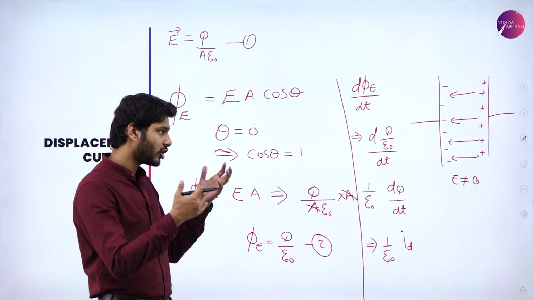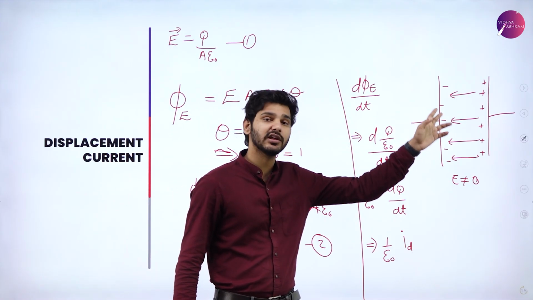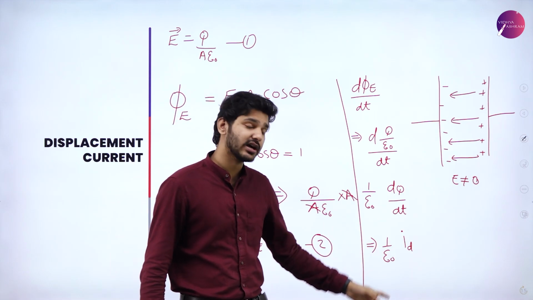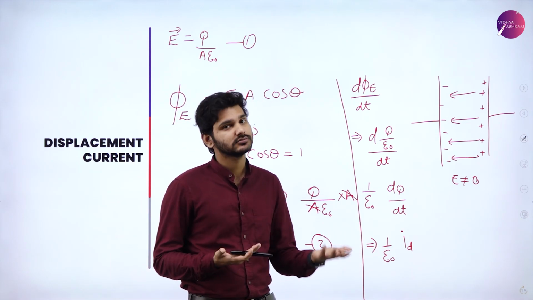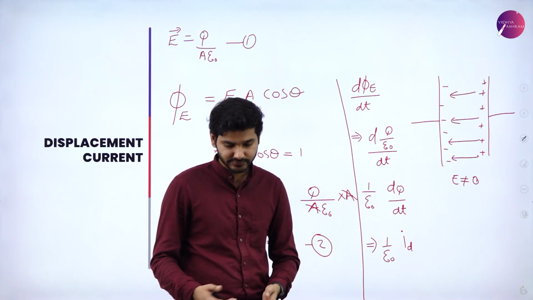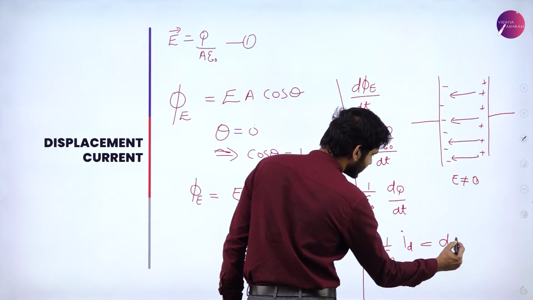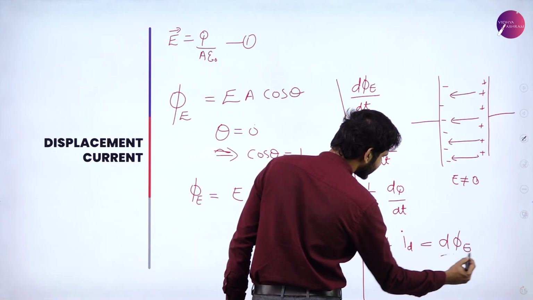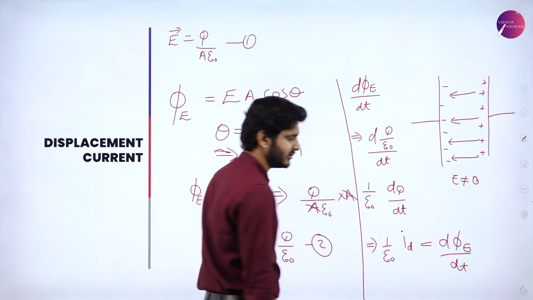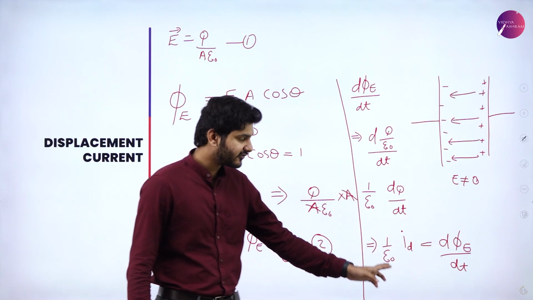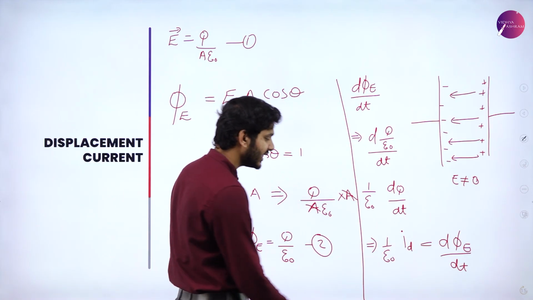You can call the normal current flowing through these wires IC, which is the conduction current, and you can call this particular current ID, which is nothing but the displacement current. So again, this will be equal to the change in flux, d phi by dt. If I rearrange this equation, I can have a definition for displacement current, that is ID can be written